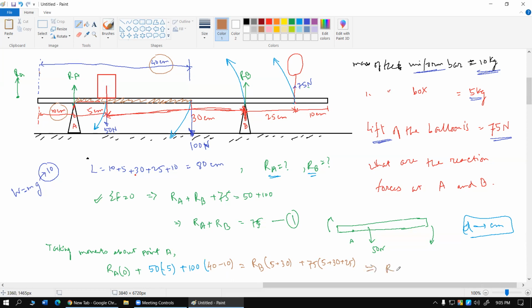এখান থেকে এখন তুমি খুব ইজিলি RA এর ভ্যালু ক্যালকুলেট করতে পারবা, কত হবে সেটা আমি তোমাদের হাতে ছেড়ে দিলাম কারণ সময় চলে যাচ্ছে। Once you get the value of RA, replace the value in number 1, you can get the value of RB. So ওখান থেকে তোমার RA RB ইজিলি বের হয়ে আসলো। এটা হচ্ছে শর্ট মেথড।